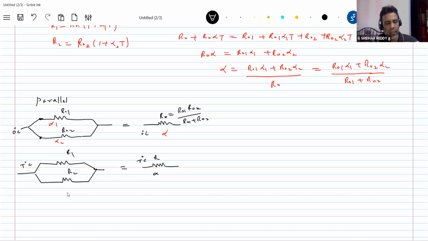I'm giving enough information that alpha may in fact be variable, but over a range of temperature it is taken to be constant. So alpha is not variable. That's what we assume. If alpha is variable, you can integrate and calculate all other things. So we'll assume that for most metals, alpha is a constant over a range of temperature. So what is the range of temperature? Usually a range of the order of 30, 40 degrees Celsius, or even 100 degrees Celsius, when alpha is almost constant. It's the temperature coefficient of thermal expansion.